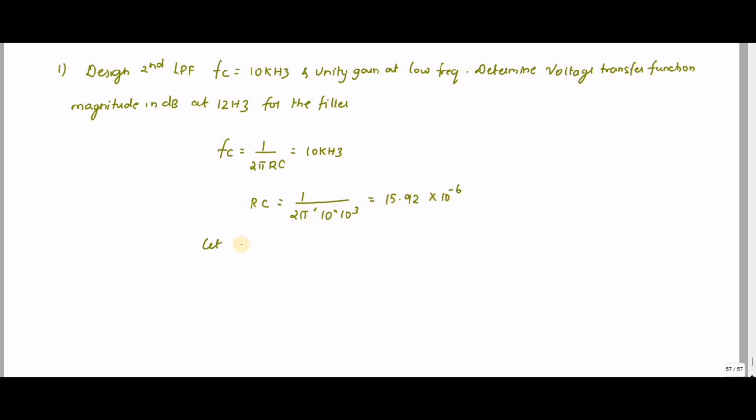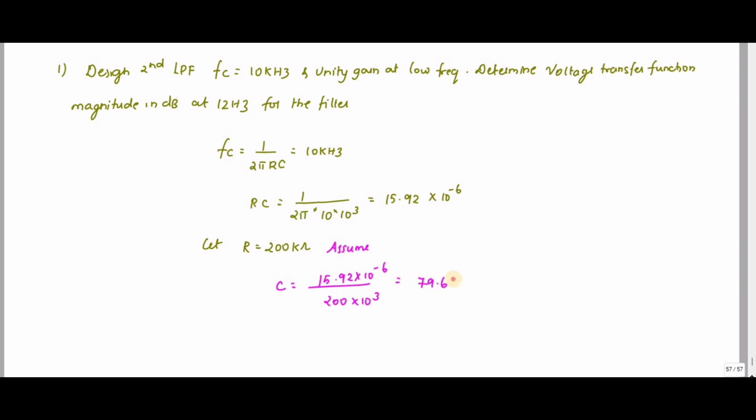This is my assumption: assume R is equal to 200 kilo ohm. Then I substitute the value, 15.92 into 10 power minus 6 divided by 200k. You will get the answer as